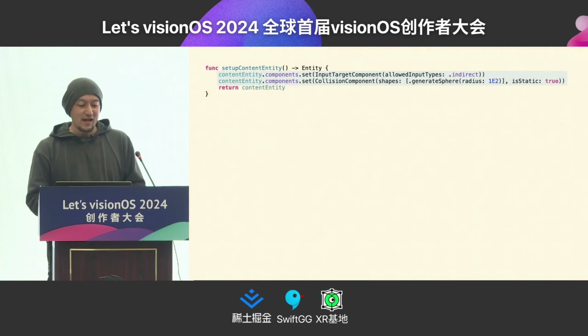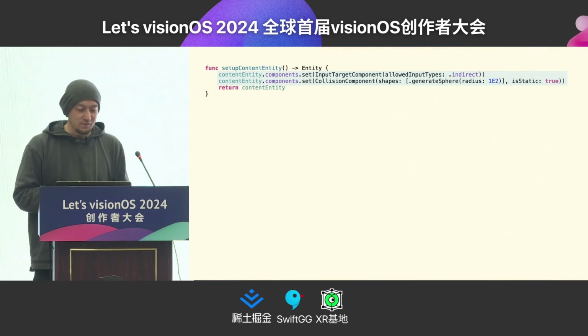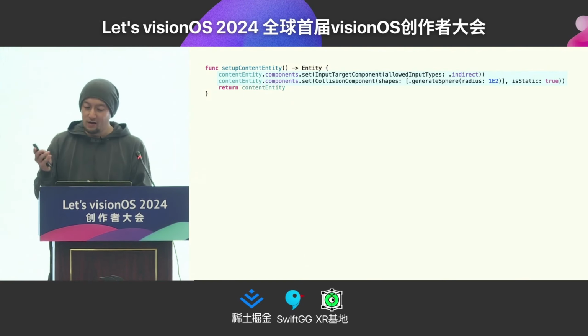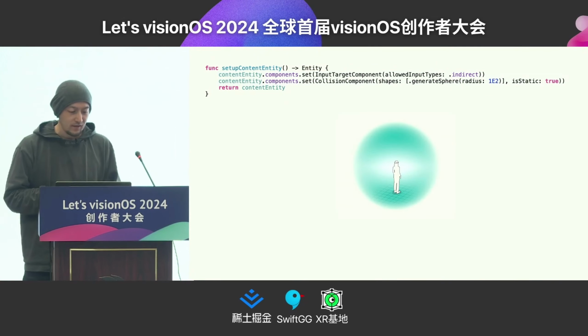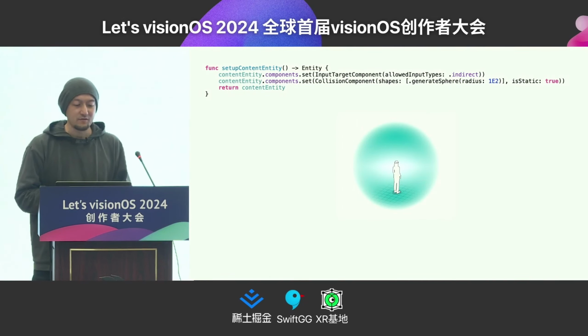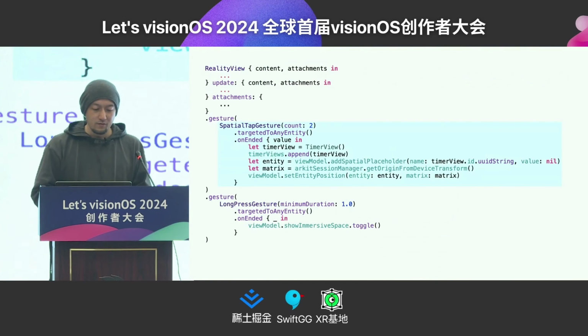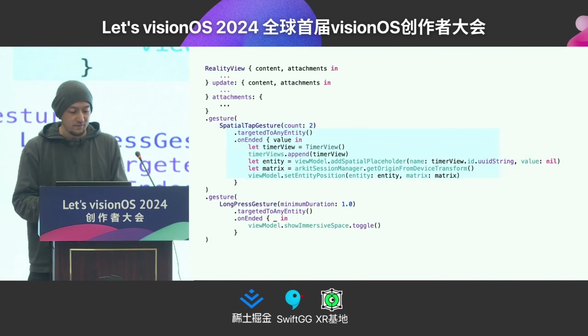These two samples have the same feature. Firstly, I specify a large sphere with a radius of 100 meters as a collision component in the content entity. It looks like this when illustrated. On the RealityView side, the implementation is as follows.